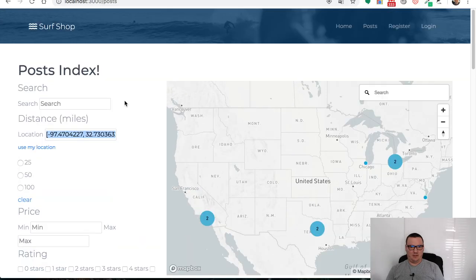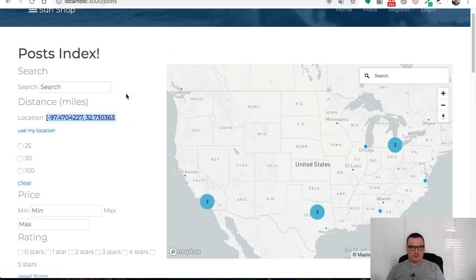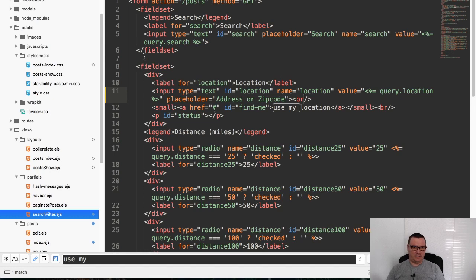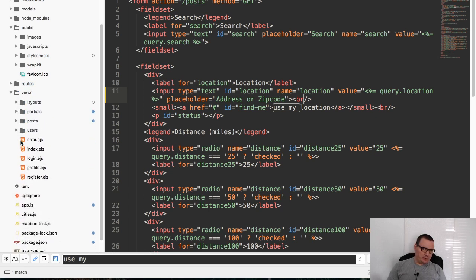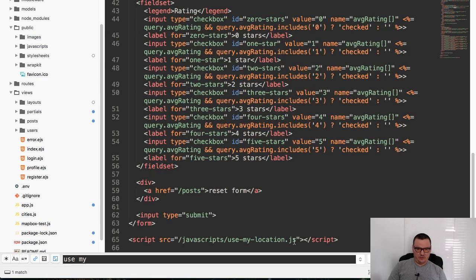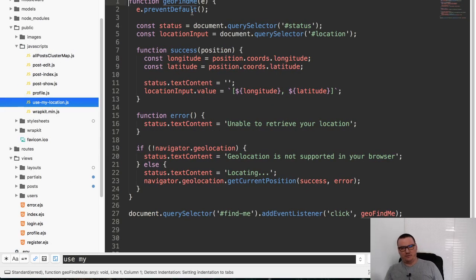I don't want to get too distracted from what we were doing, but I think what I can do is just go check that out real quick and see what our options are. So let's go to, well, let's see here. Use my location is inside of JavaScripts, use my location. And so there's a function called geoFindMe, and there's a little status, success, location input, value